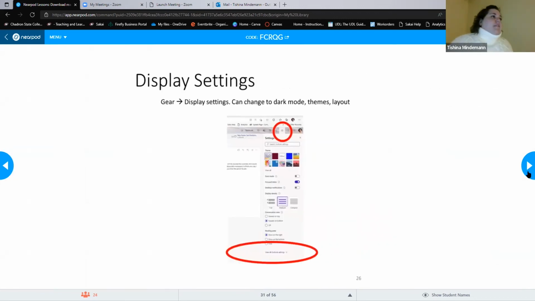Display settings. This is the fun part, and we're all going to do this one. There are lots of modes, themes, and layouts that you can choose to customize your experience. I like to use dark mode. The light on dark doesn't fatigue my eyes as quickly as dark on light. So if you click on your little gear